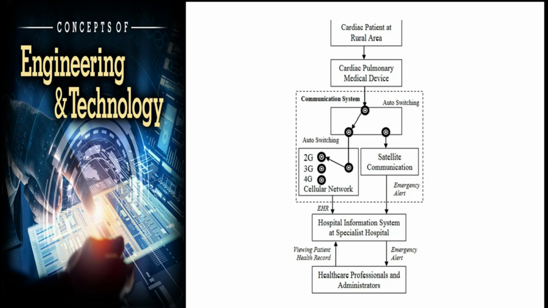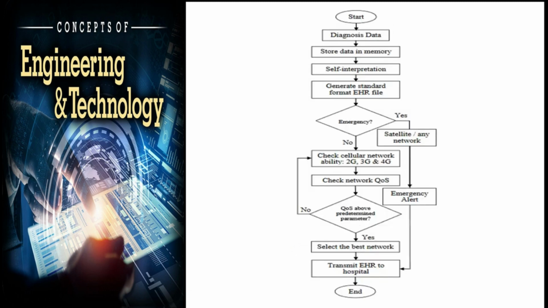So next we can view that as a flow chart. When the patient is in an emergency, they will look for satellite communications and any other networks immediately. The important thing is that all the patient data will be taken and stored in the memory, then the interpretations will take place. They will be generating the EHR files and all those things. If it is an emergency, they will go for the satellite or any network. If not, they will connect through whatever available network, 2G, 3G. Then they will be looking for this. So when you look for this